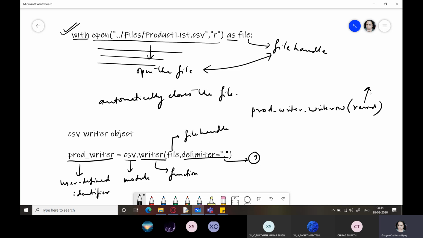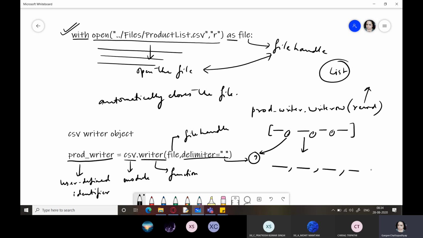And the record is usually in which form? It is in a list form, separated by comma in between. So in a list, you might have seen that this is an item, this is an item, this is an item, and in between, what do you have? You have comma. So it is telling the writer object to use the comma as a delimiter, to form comma separated values. So when these values are saved in the file, they would be saved in this fashion, and at the end automatically a new line character would be added.